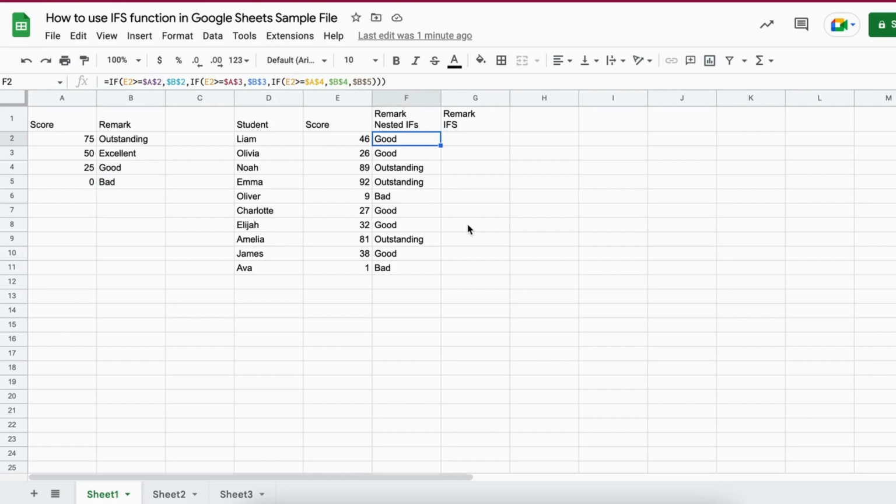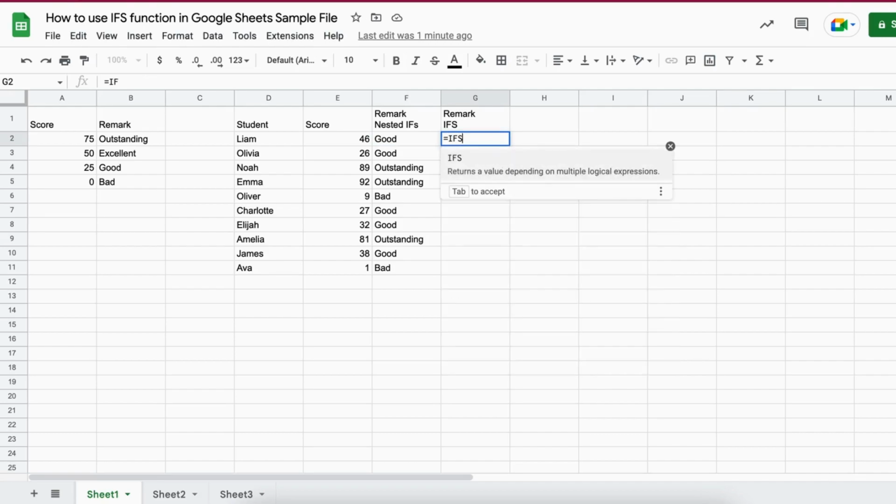And this is where the IFS function comes in, because you only write IFS one time, and then you can write all the conditions within brackets. And I'm going to show you now how you can do this. So the first thing is you use the equal sign, and then you write IFS. Then you open up the brackets, and it's always the condition and then the value. Right, so first condition is if E2,